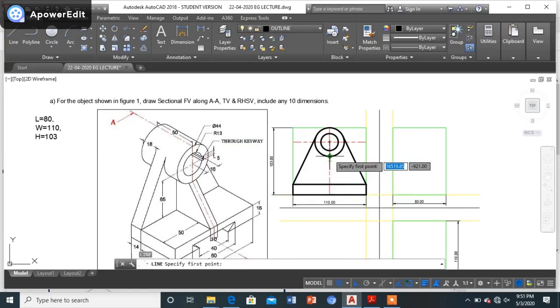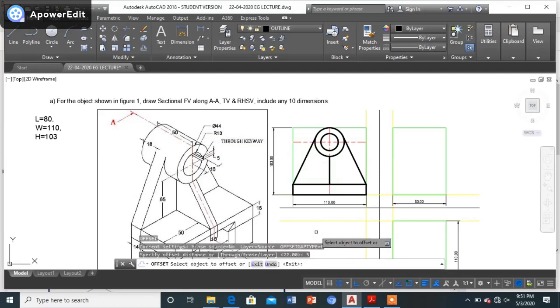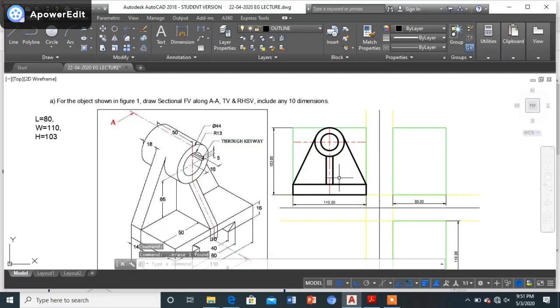So for that rib, what do? I will be drawing a line from here. Okay, and offsetting it and making the parallel lines on both the sides, as the rib is given to me of width as 10 mm. So now on both the sides at a distance of 5 mm each, I'll be just making this ribs like this, and then and there I can just delete the line that I don't want. Now once I get the rib, even the tangent lines I have got it.